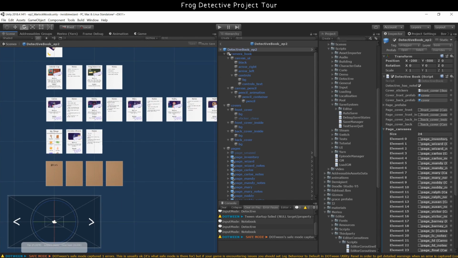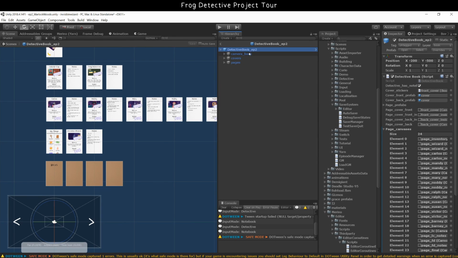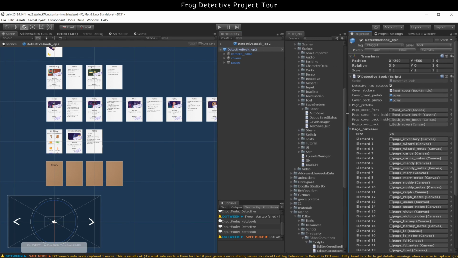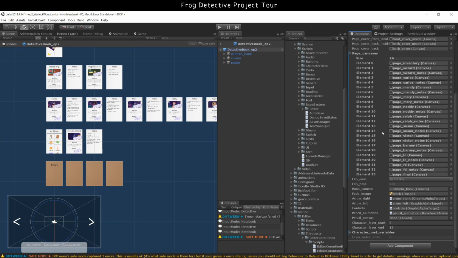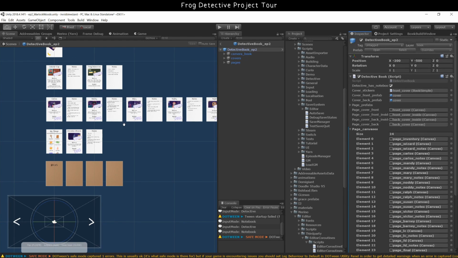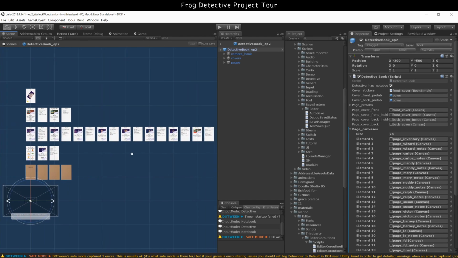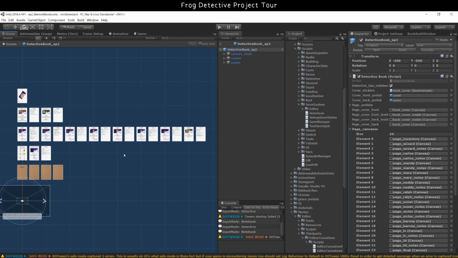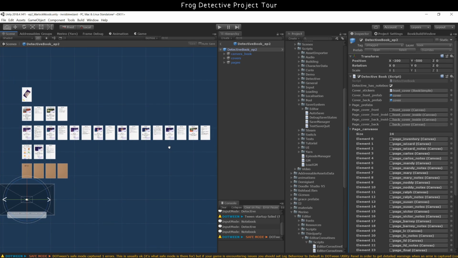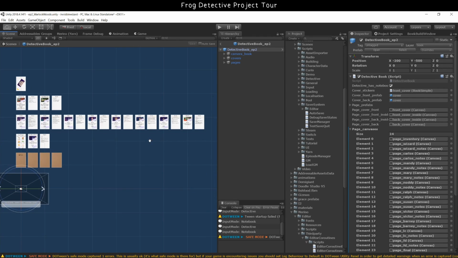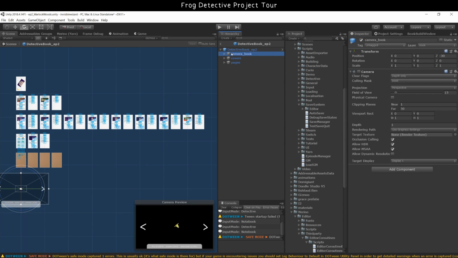Here we can edit the book or just set it up. It was a bit tedious to set all these up, but it wasn't that bad. Once we knew what we wanted in the book when we started doing this, by the time I had to set this all up, it was pretty straightforward. And yeah,